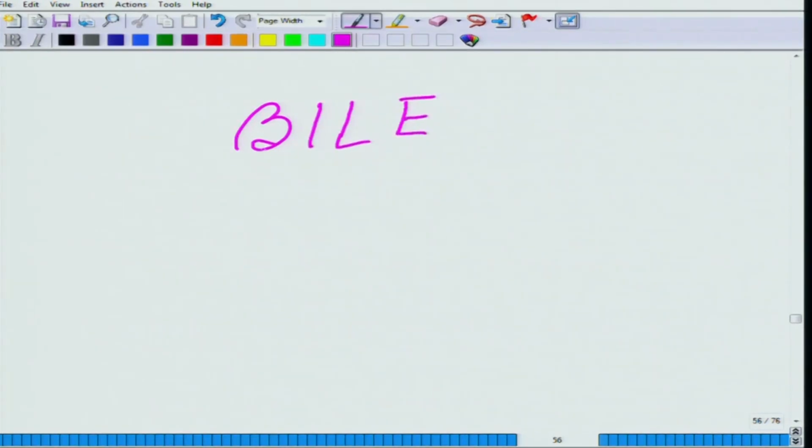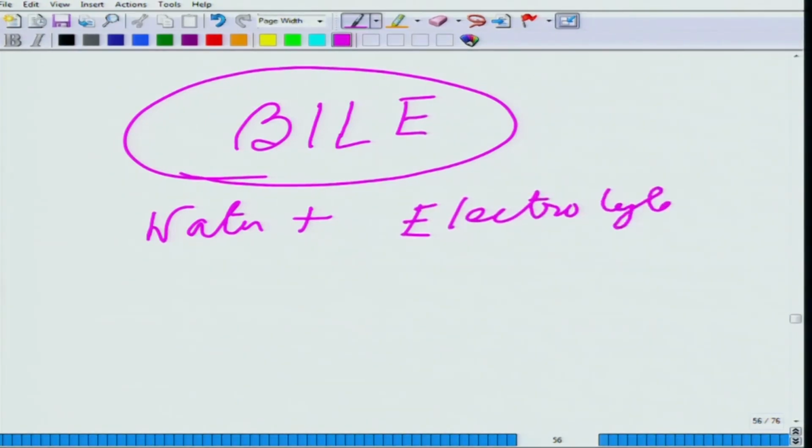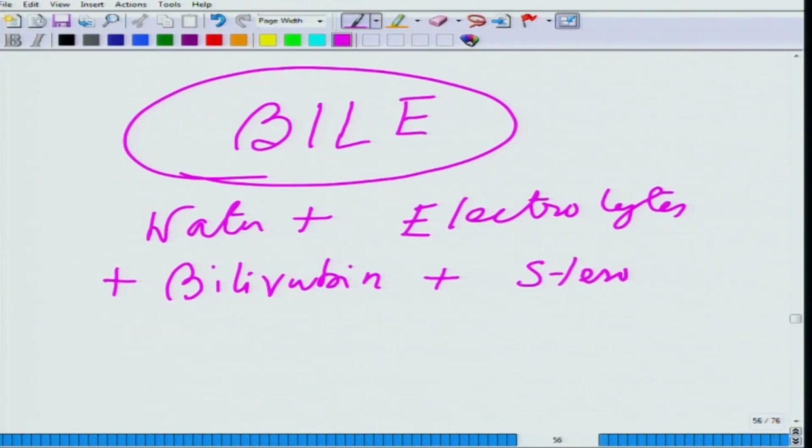Bile has a lot of fat emulsifying action, but what essentially is bile, what is its composition? Apart from water, it has different electrolytes, then, as I have already told you, it has bilirubin, it has steroid hormone,